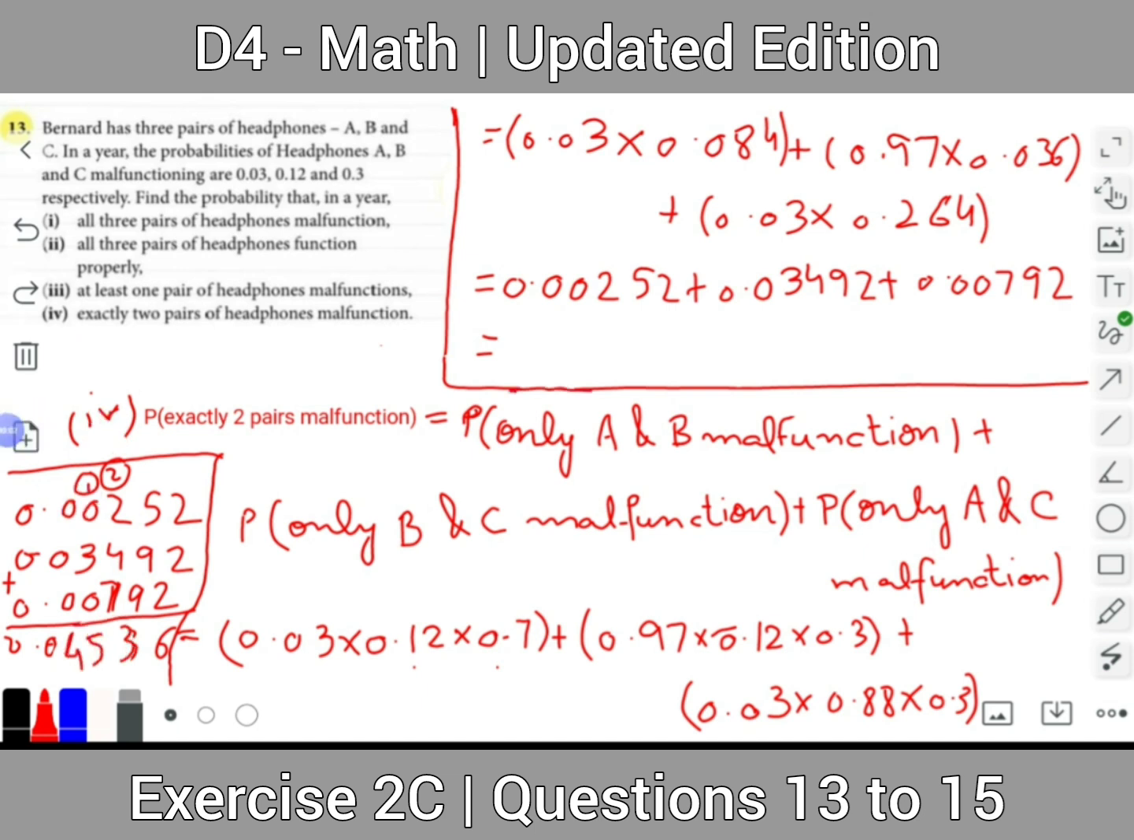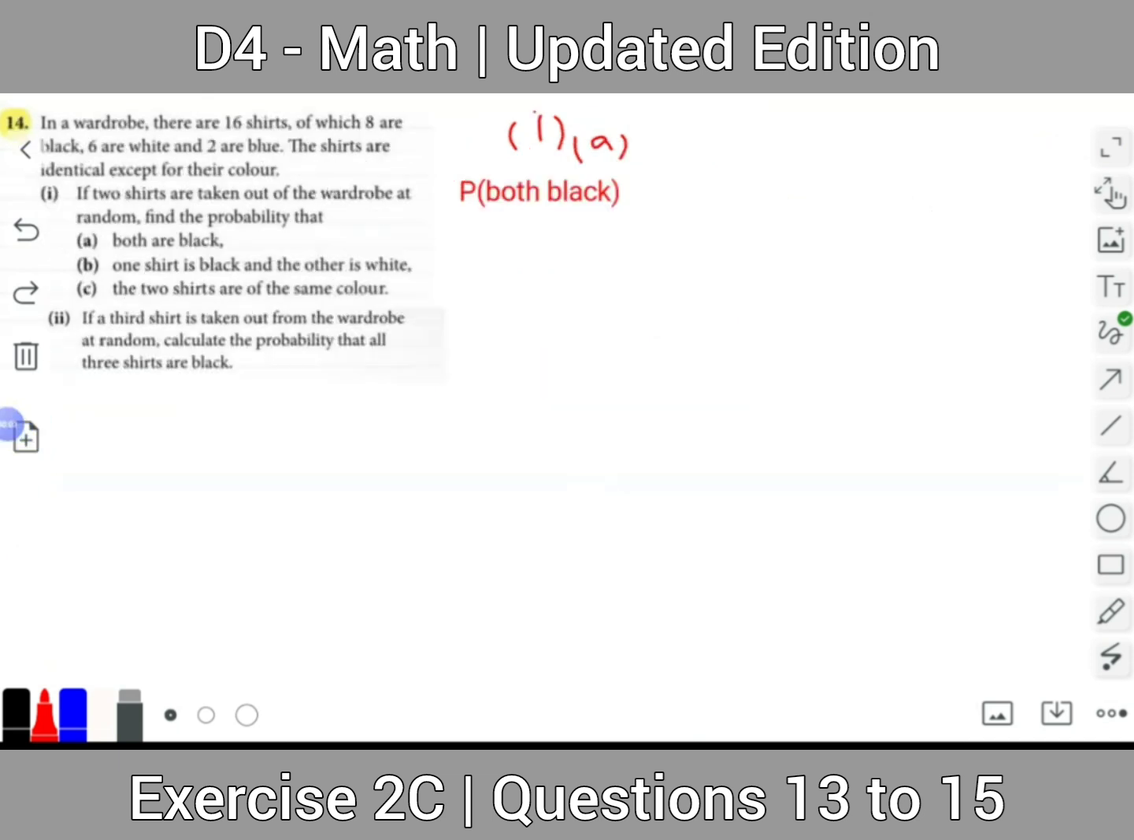Now after multiplication, we will get 0.00252 plus 0.03492 plus 0.00792, and after adding up, we will get 0.04536. So the probability that exactly two pairs malfunction will be equal to 0.04536. Now in the question 14, in a wardrobe there are 16 shirts, of which 8 are black, 6 are